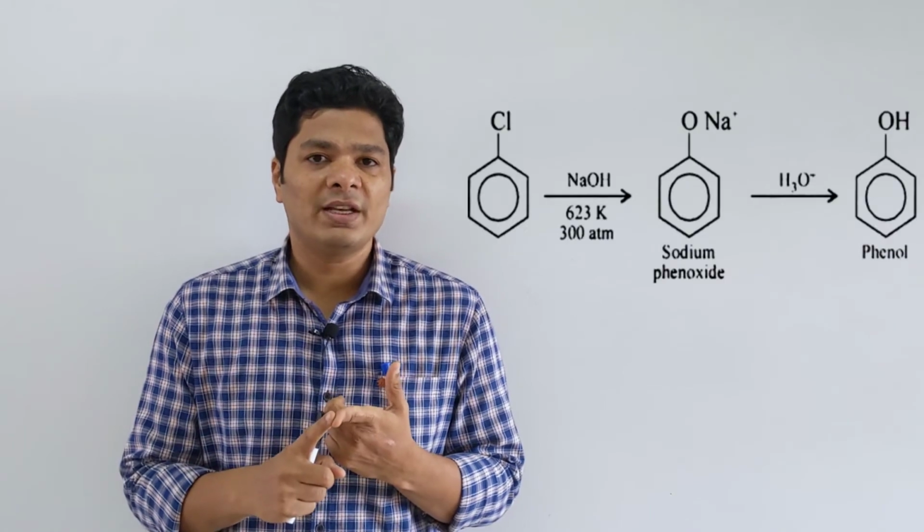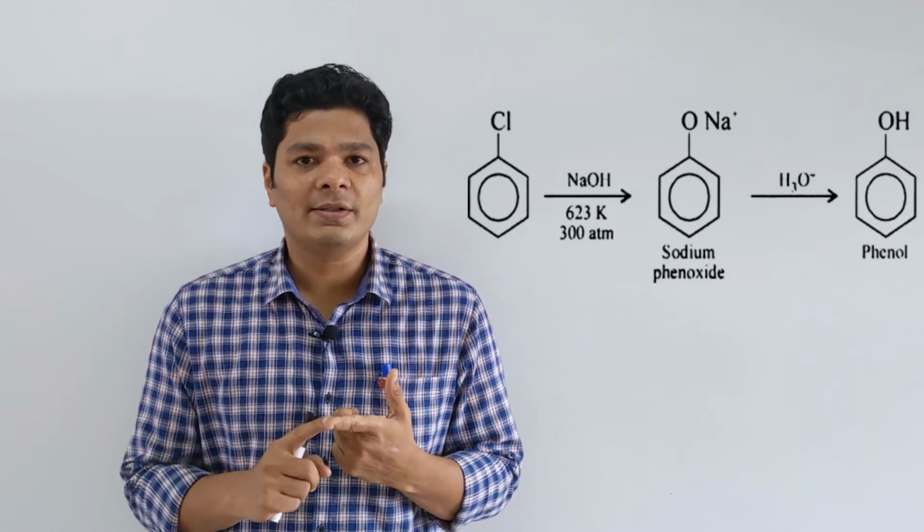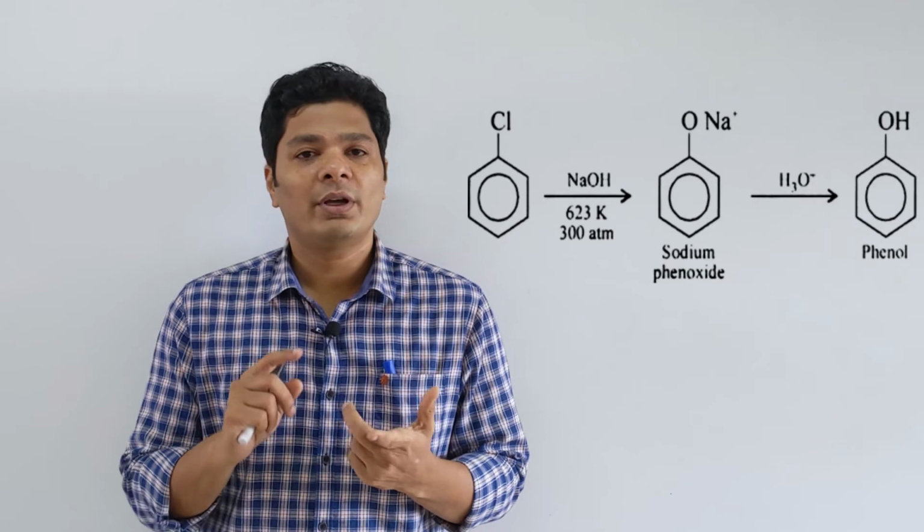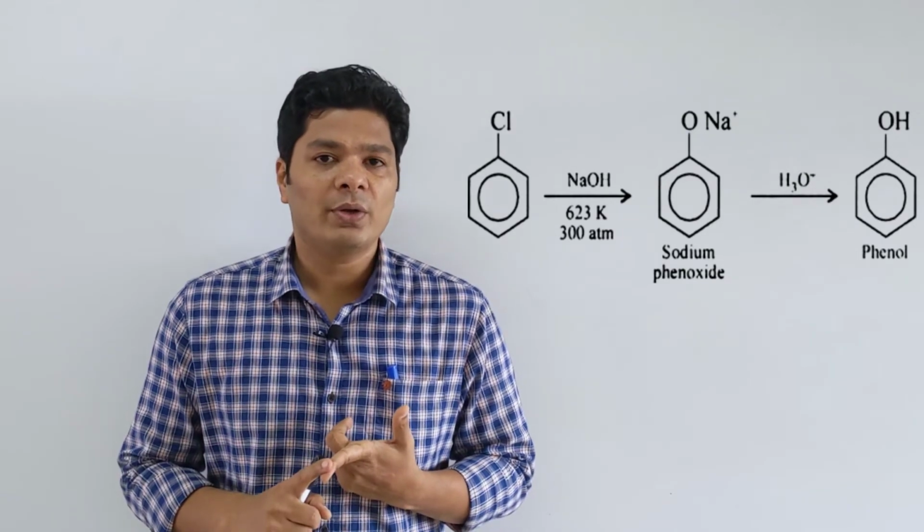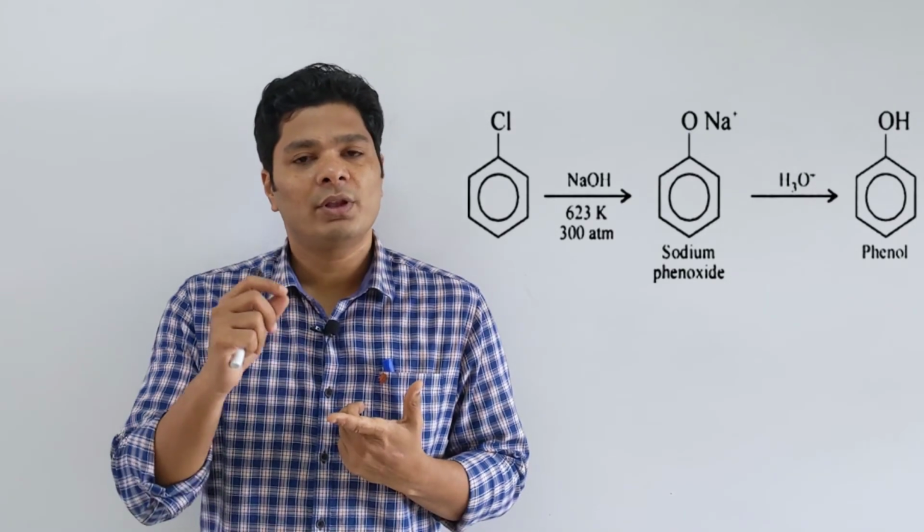So far we have seen the synthesis of aliphatic alcohols. Let's go into synthesis of phenol. Phenol, the first synthesis is extremely simple. We can synthesize using Dow's process. We have seen Dow's process extensively in alkyl halides. Basically, you are going to have a nucleophilic substitution reaction. You are going to replace your Cl with OH.